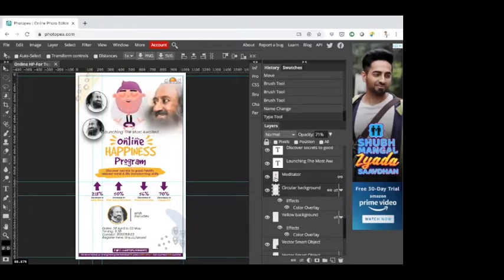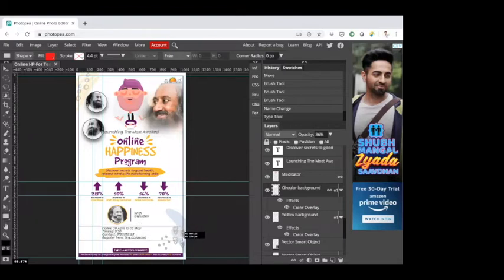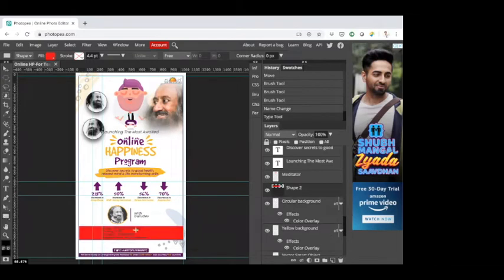Okay. Now earlier I think the circular background was having opacity around 30%. I'll bring that back. Now you can actually add shapes or anything. If you want to have special attention for the dates, you can put a background rectangle like this. This is a rectangle tool. On the left you can see the rectangle tool. Now it has come below the date section, so you are able to see the dates and timing on the text layer.